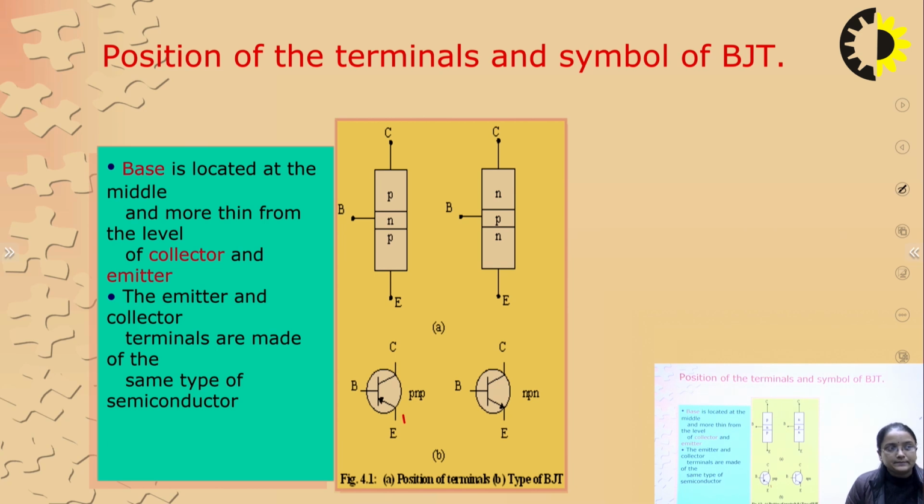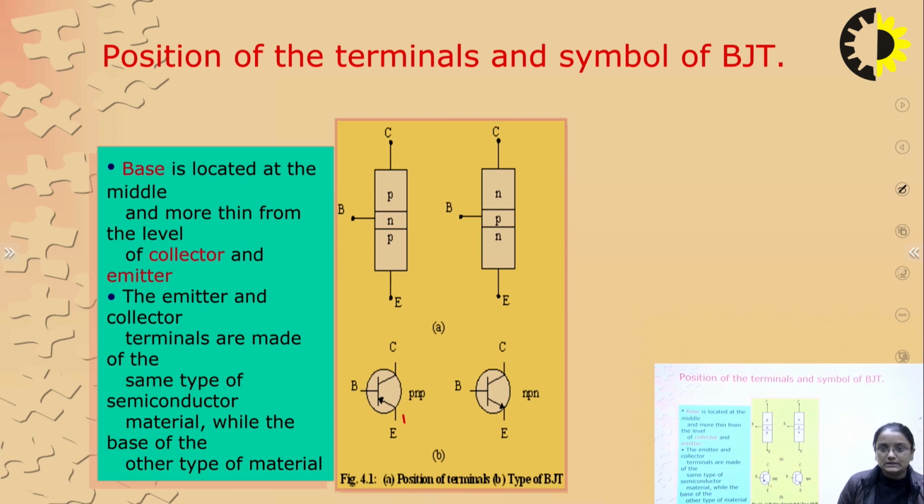The collector and the emitter terminals are basically made of the same semiconductor material, while the base is made up of a different material as compared to the emitter and the collector. In comparison of the doping, the base is lightly doped and the emitter junction is heavily doped, and after that the collector. So if we depict the range of doping for the three terminals, in our case the emitter is heavily doped, next comes the collector, and finally the base.